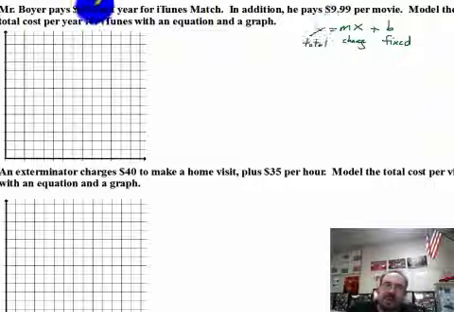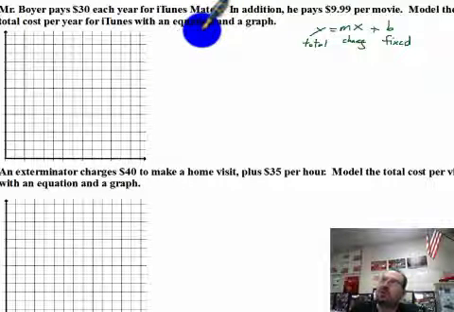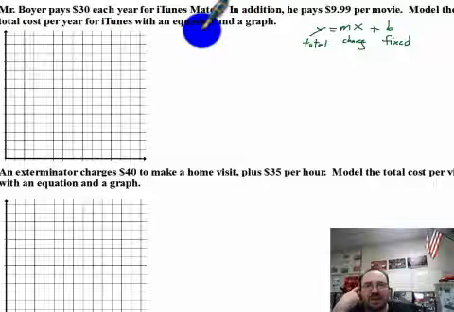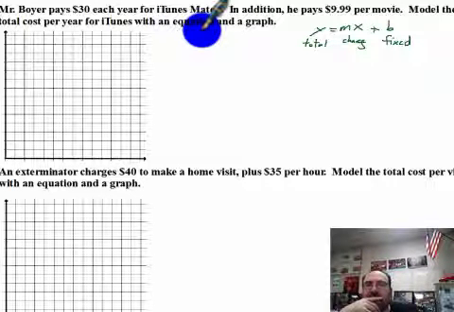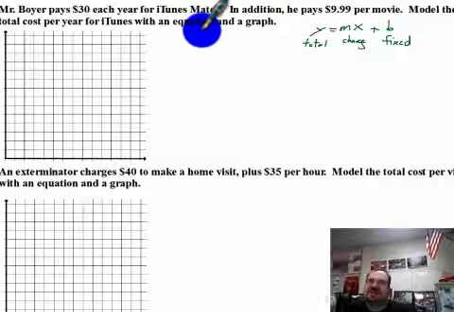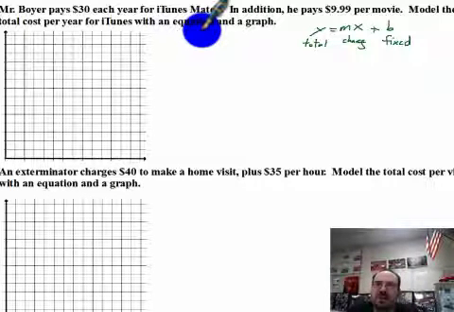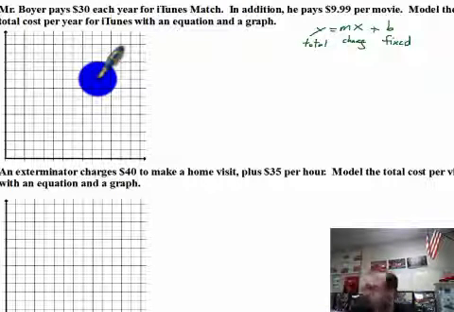Okay, so in the first example it says I pay $30 for iTunes Match, which is like this program that, if I put a CD in my computer, the music automatically shows up in my iPad without me having to plug it in, so it's kind of cool. But it's like 30 something a year, which is kind of a lot of money, but it's still kind of cool, because if my computer crashes, all the music is already there. I don't have to re-put it on, because I have like 3,000 songs on my CDs. I have a stack of CDs, and I don't want to have to re-burn them every time. Okay, so anyhow,